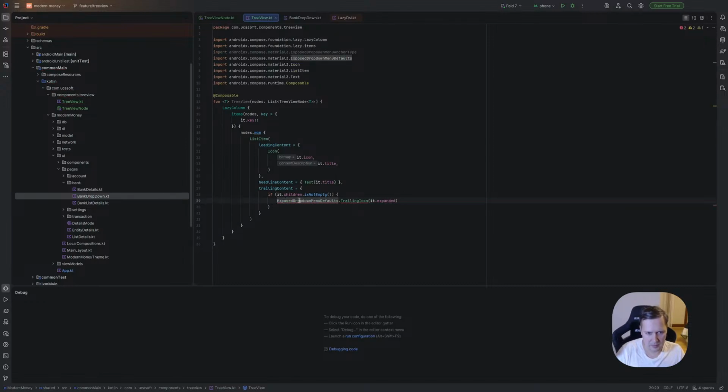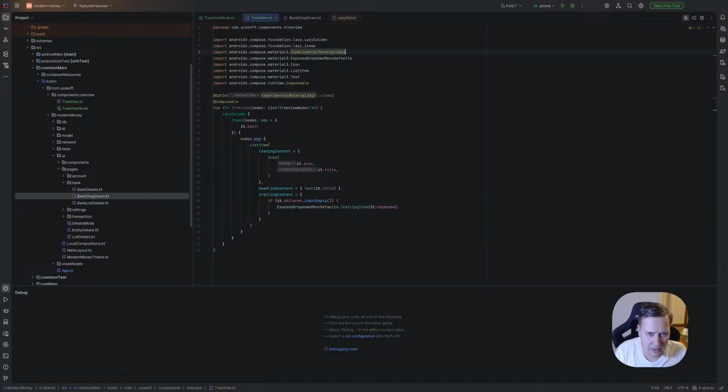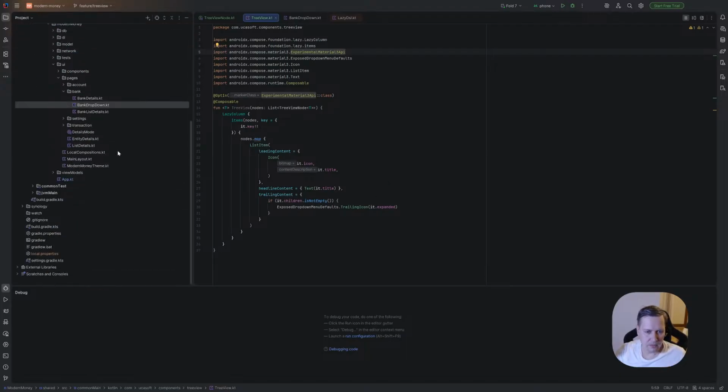Okay, but yeah, we need this experimental. I hope it's okay. We can implement our own function, but why if we already have it? Okay, cool. So let's try to add new.